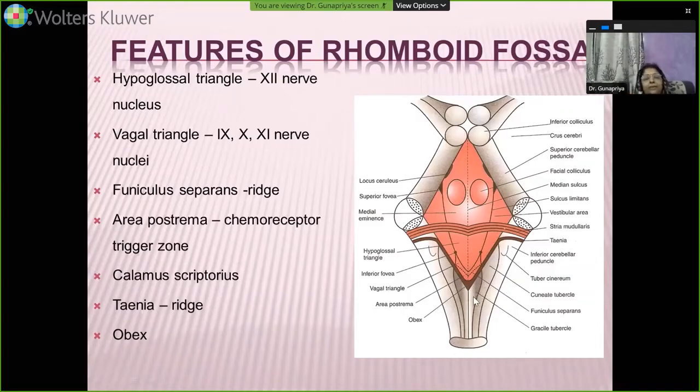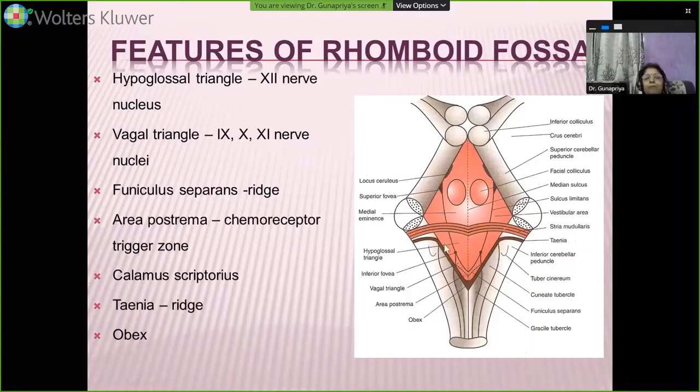So to reiterate once again, the medullary part of the floor of the fourth ventricle or rhomboid fossa, you have the same median sulcus here. You have the sulcus limitans showing the presence of inferior fovea. On either side of the median sulcus, you have the hypoglossal triangle, which accommodates the hypoglossal motor nucleus. Just below that and laterally, you have the vagal triangle. The vagal triangle lodges the nuclei of the 9th, 10th, 11th cranial nerves. Below that, you have a whitish ridge here in dotted line, and that is your funiculus separatus. And below the funiculus separatus, you have an area known as area postrema, consisting of vascular neuroglial tissue, which is supposed to be a vomiting regulating center or vomiting controlling center.